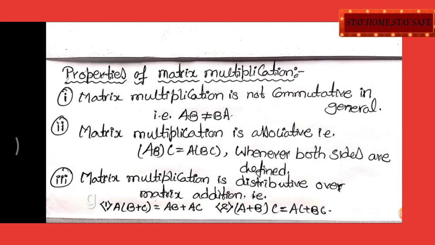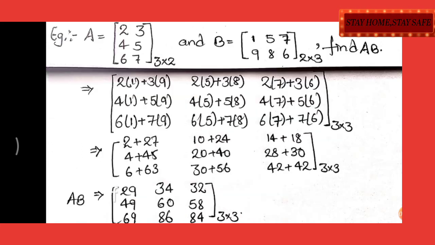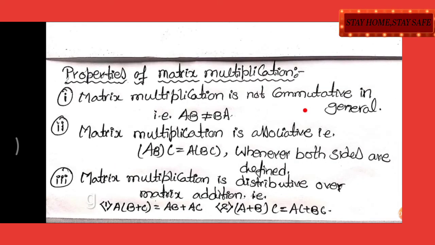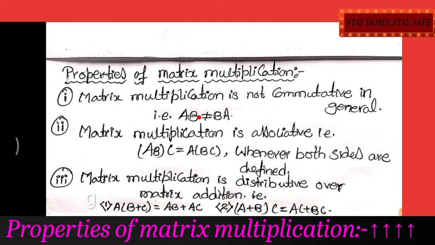Next in the line we have properties of matrix multiplication. The first one: matrix multiplication is non-commutative in general. As it says here, in the example also we can see that if you try multiplying AB in reverse, by keeping B first and A second, then mind you my friends, we won't be getting the same result as we are getting here. So matrix multiplication is not commutative in general. That is, AB is not equal to BA. As in normal digits, 1 into 2 is equal to 2 into 1, that is 2 is equal to 2. Commutativity of multiplication is applicable in normal digits, but it is not applicable in matrix multiplication.